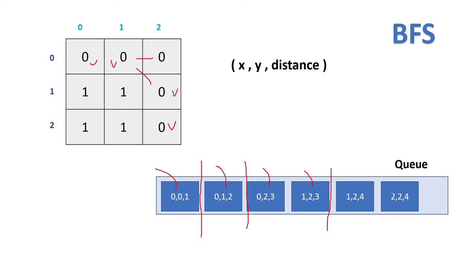And this 2, 2, 4 is our destination node. So we got our answer. And what we have to return is that 4 will be our answer in this case. The layer thing is simple, like each and every layer of the BFS tree we are traversing. So here it is level 1, that's why the distance is 1. Here it is level 2, that's why the distance is 2. Here it is 3 for this 2, and here it is 4.